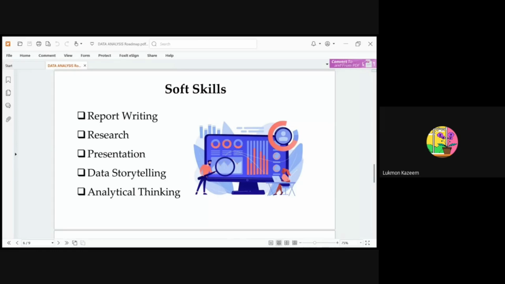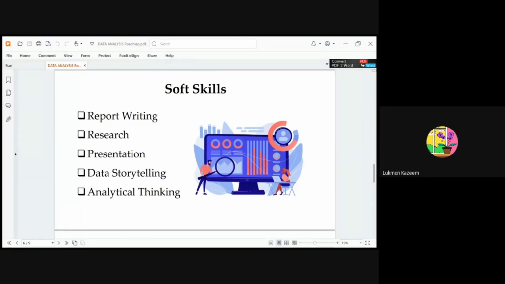Aside from understanding data analysis, there are some skills that we're going to be learning alongside the class. One of them is report writing. At the end of the day, you learn how to write reports based on the data that you've analyzed. You will learn how to conduct research. What are the things that you need to do as a data analyst if you want to conduct research, or there is someone that you want to work with? How do you help them structure the necessary questions that they need to ask as far as the collection of data is concerned?